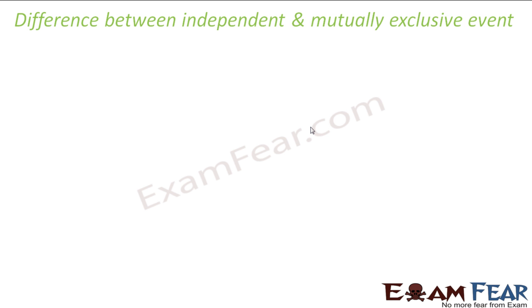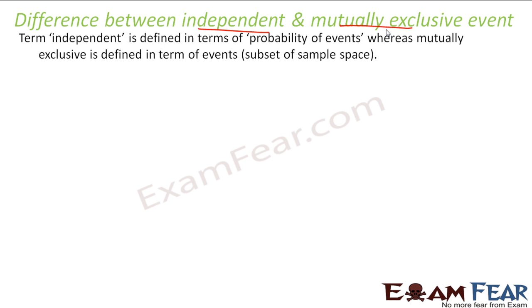Now, a lot of students get confused with independent events and mutually exclusive events. So I'll explain what the difference is. The first difference is that the independent event is defined for the probability of events. That is, event A's occurrence is not dependent on event B's occurrence. But when we talk about mutually exclusive, it is defined for subsets of a sample space. For example,